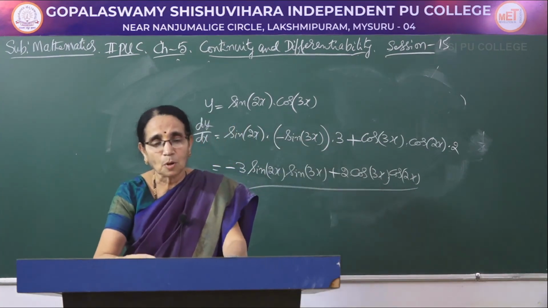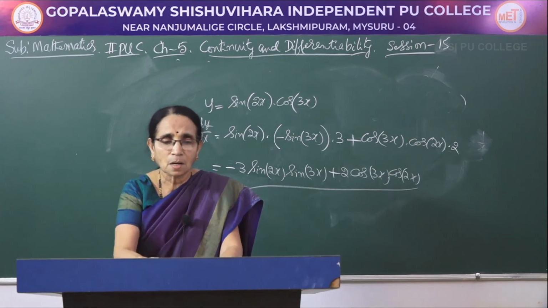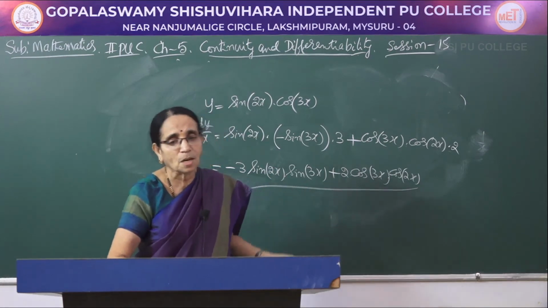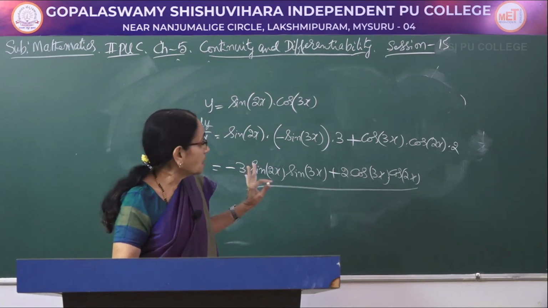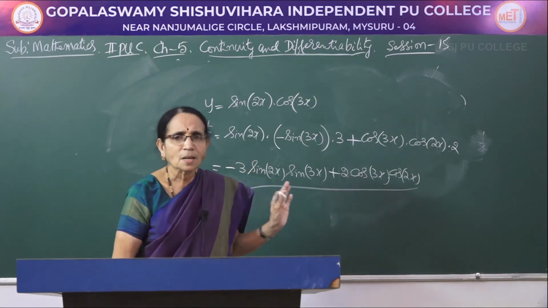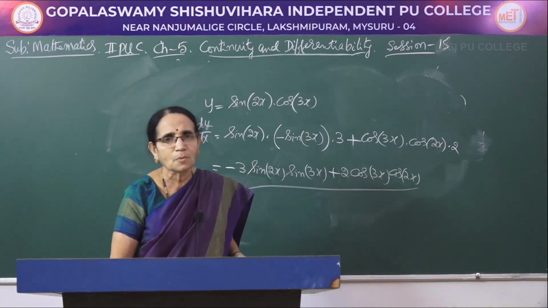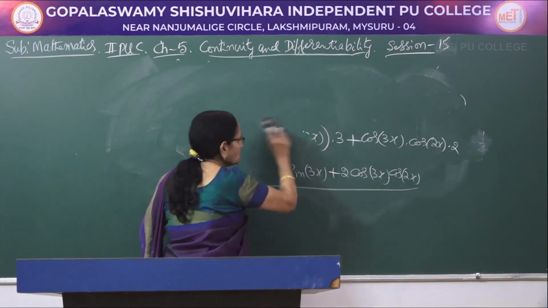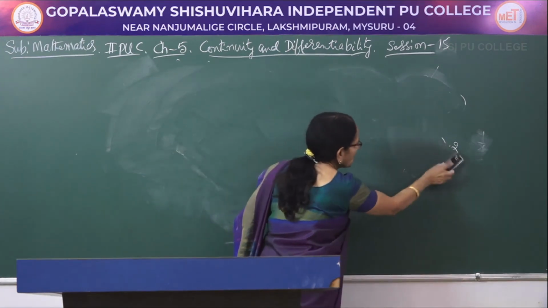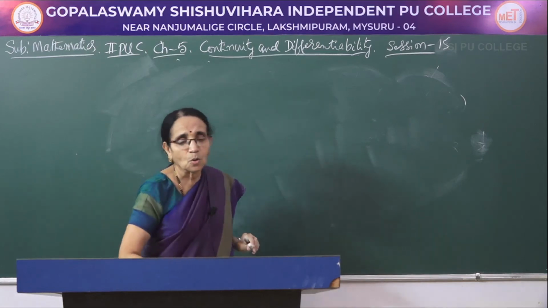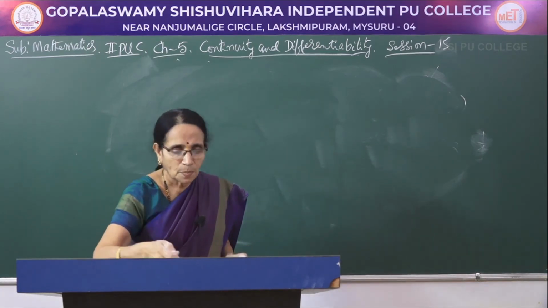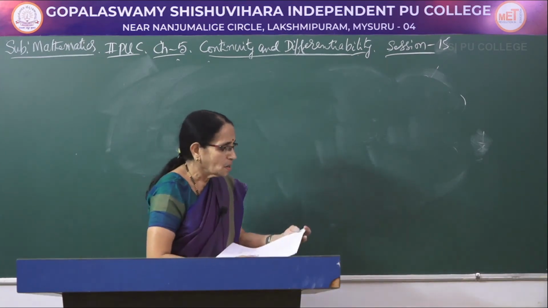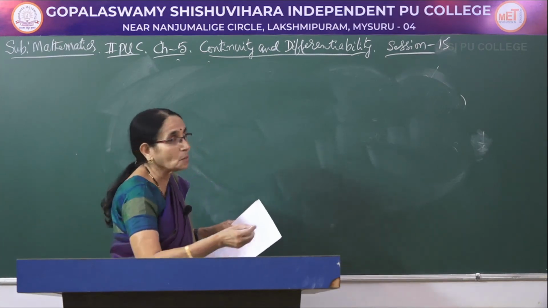So in the earlier problems, I had considered a composite function which had more than 1, 2, 3 terms also sometimes, but we had only one function. So directly one after another, within one line you could write the derivative of the function. Whereas in this one, we had a product of 2 functions and each factor of the product was a composite function. So we had to apply the chain rule as well as the product rule.